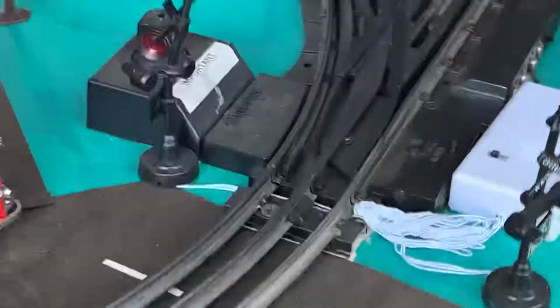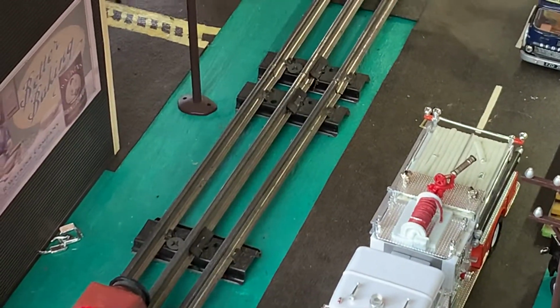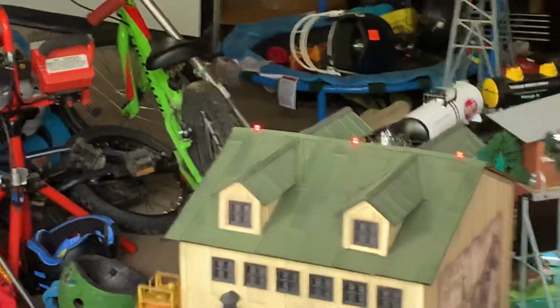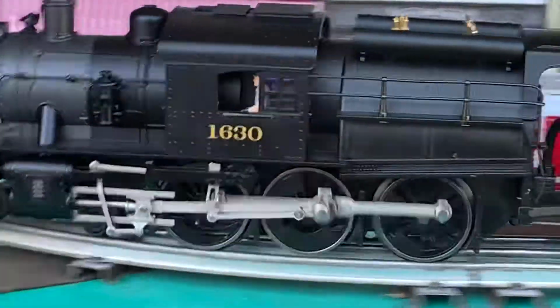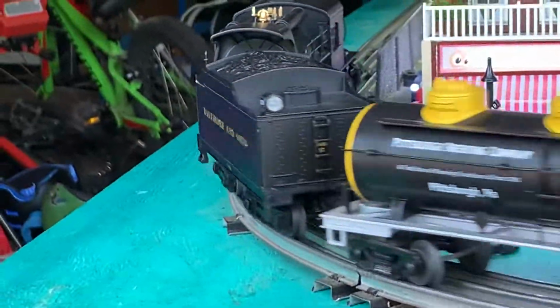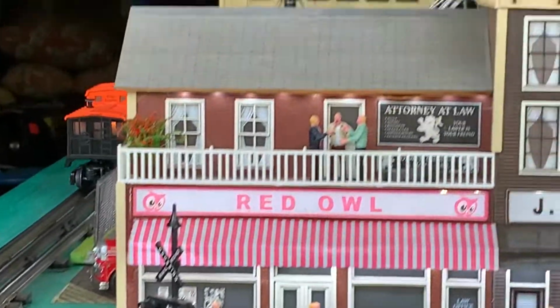Slow it down a bit. Lots of tanker cars from Iron City, and then the rather limited Lionel